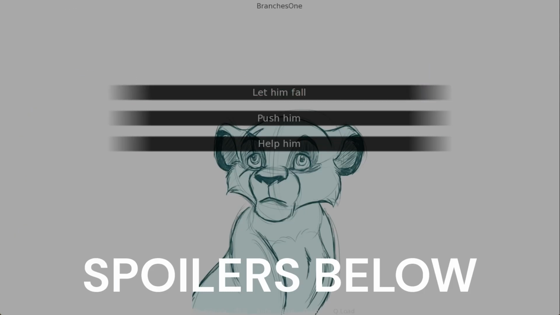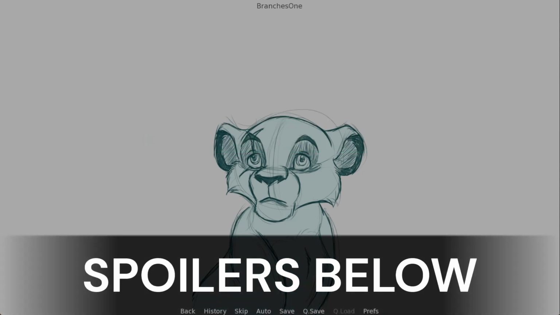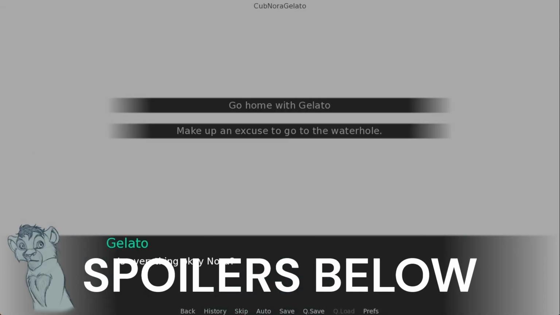Now, this is a major choice here that you make, and in the last video I did, we kept pushing him. This time we're going to help him. We're going to be very Gelato friendly in this. So, there we go. You can make the...